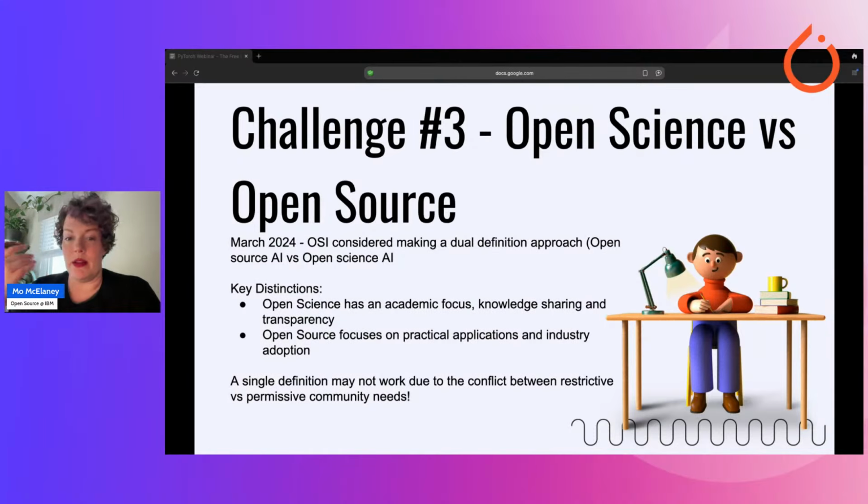It would be all about knowledge sharing and transparency. And then an open source focus would be looking more at the practical applications and industry adoption. So it's possible that a single definition will never work because there is natural and healthy, in a lot of cases, conflict between restrictive versus permissive community needs.